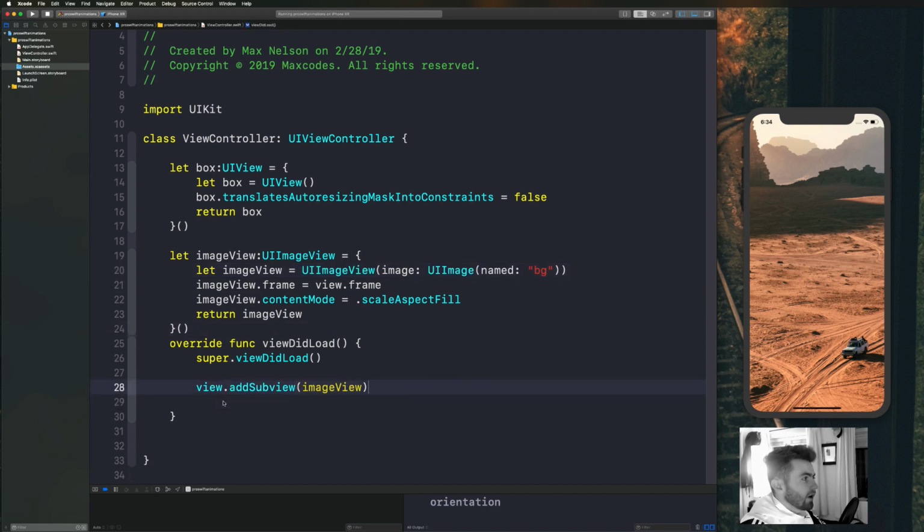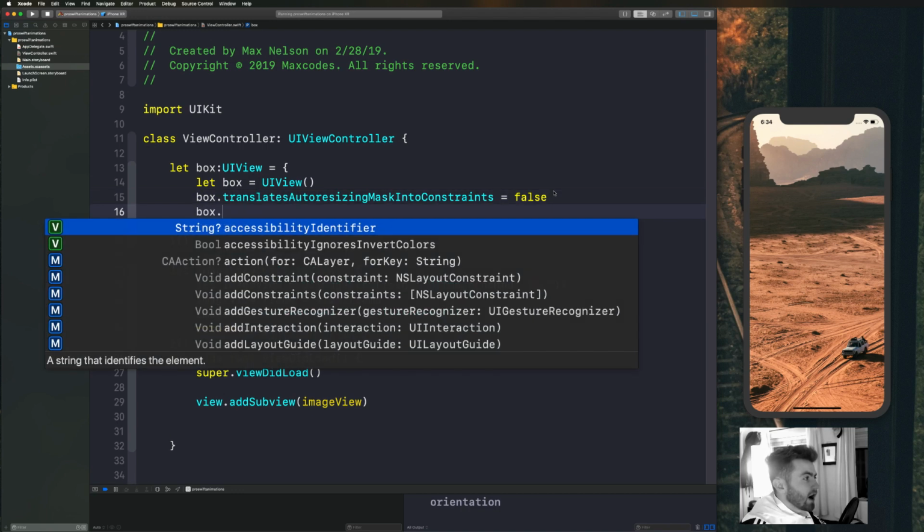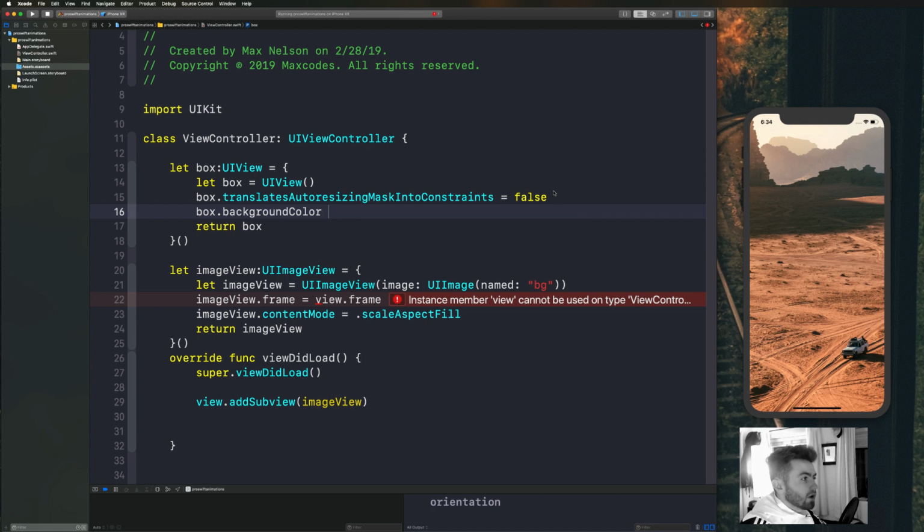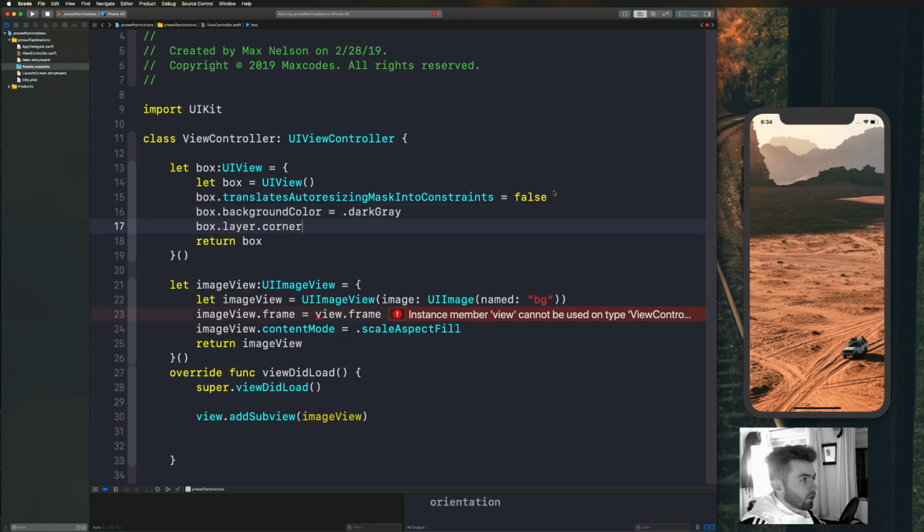Okay, so let's go ahead and put the box on the screen after giving it some properties. So let's say box dot background color is equal to dark gray. And then I want to give it a nice little radius. So we'll say box.layer.cornerRadius is equal to 8 or 12 or something. And then for the